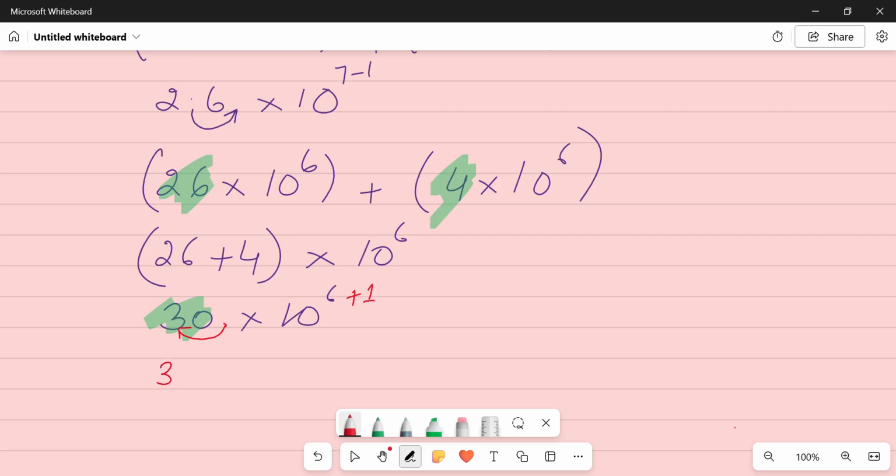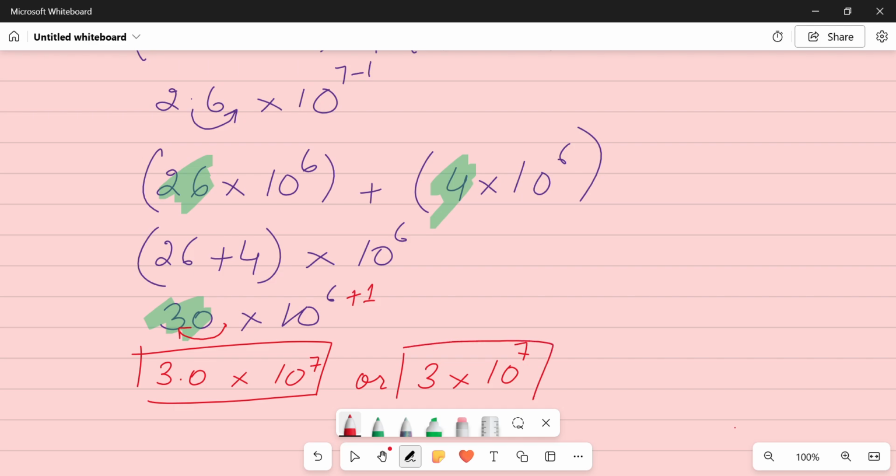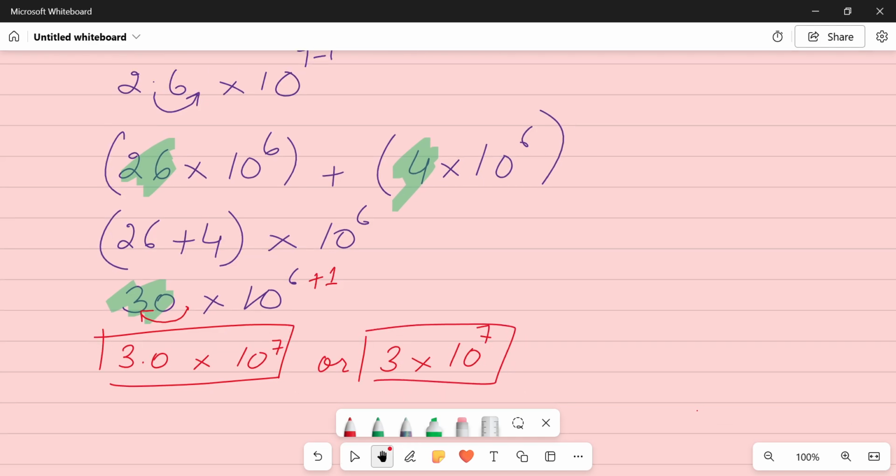So 3.0 times 10 to the power 7. Got it? Or you can say 3 times 10 to the power 7. They both are the same. So this is the answer of the addition. Got it? Now,